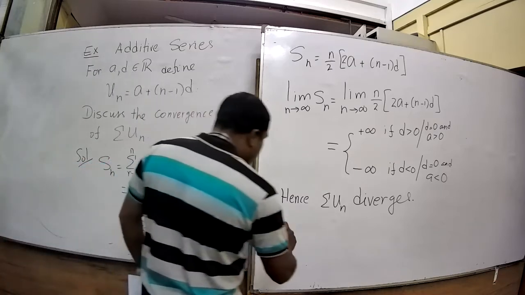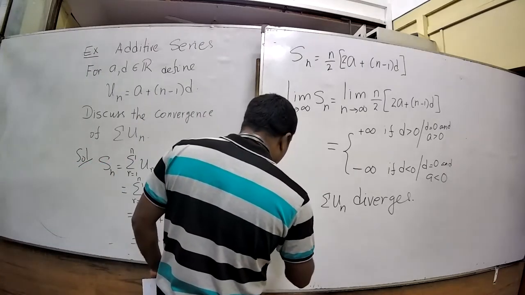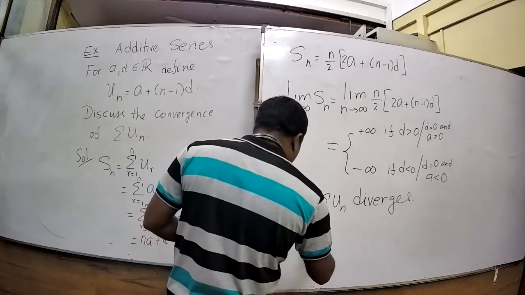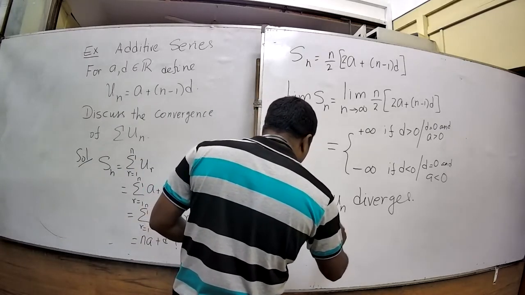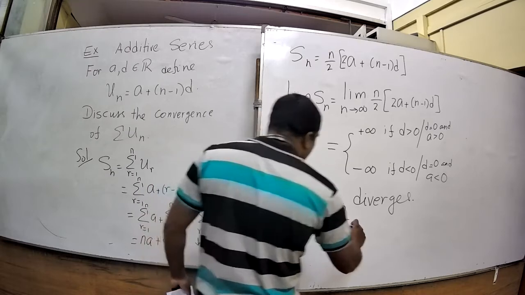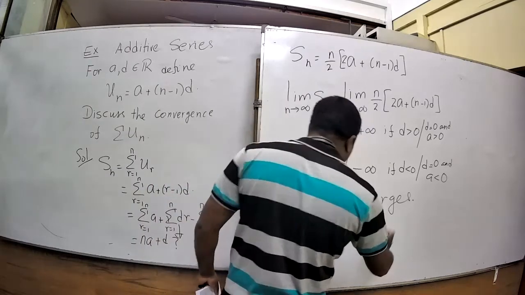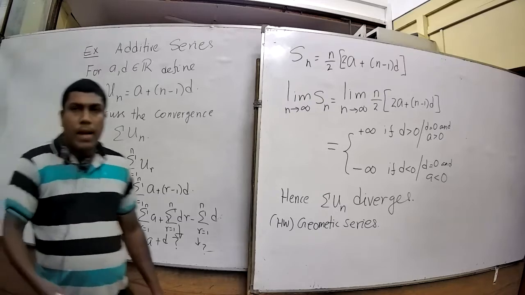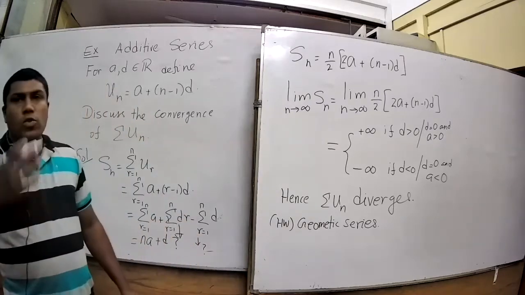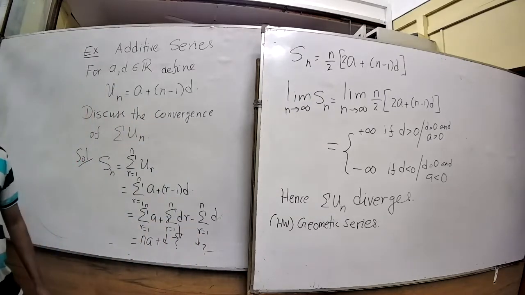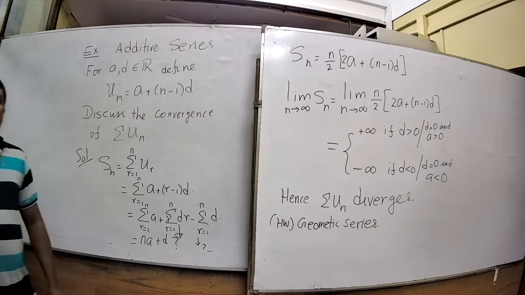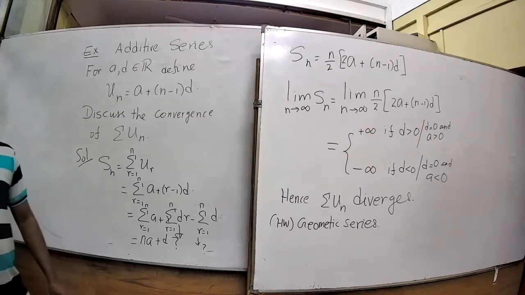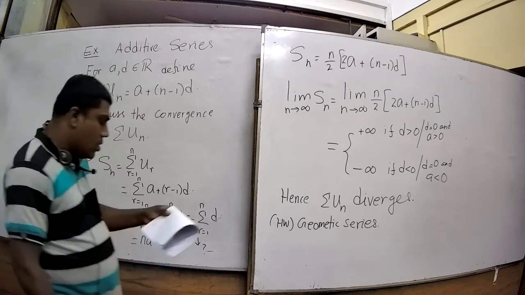This is another series, the geometric series. Again, this is something you studied at a very lower level. Geometric series is basically multiplying: one times two, two times two, two times two times two. You multiply by the same number every time. Previous number multiplied by a fixed constant. That is called a geometric series.